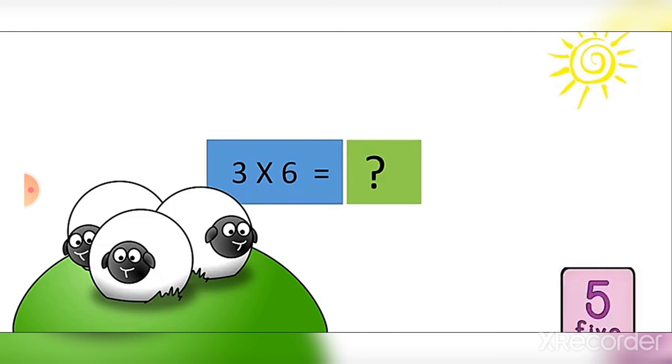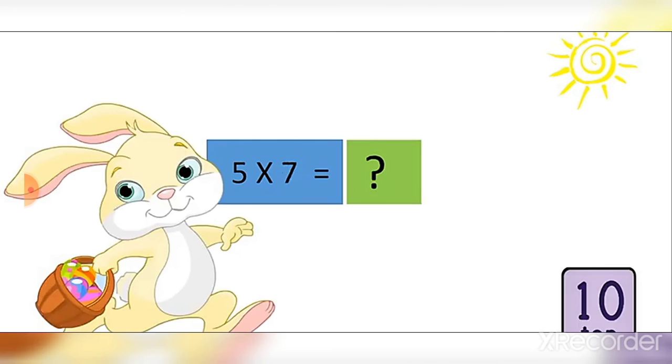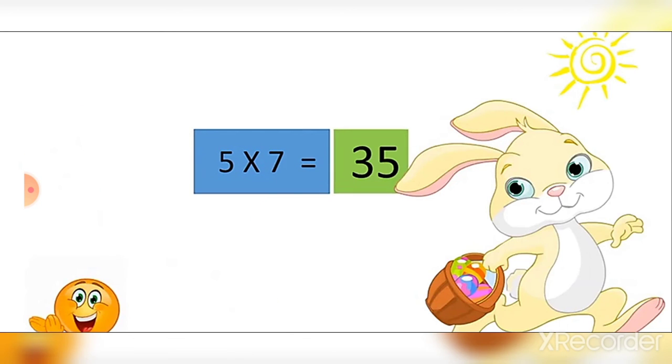Who knows what comes? 3 6s are 18. Wow. Very good. Look what is next. It is 5 7s are. Who will say what comes? 5 7s are 35. Very good. Next is